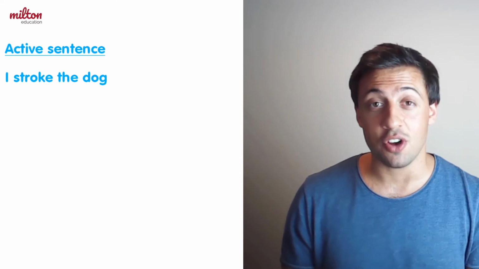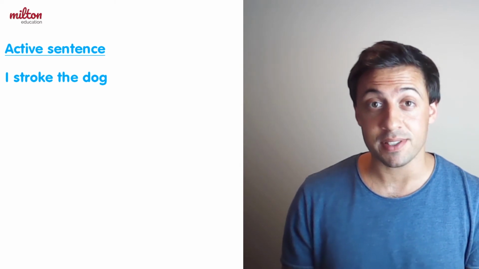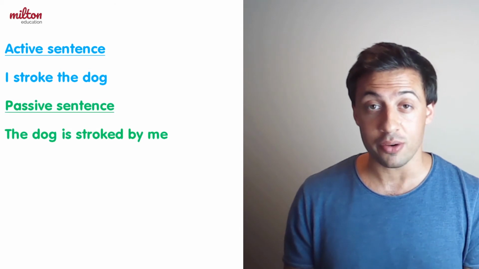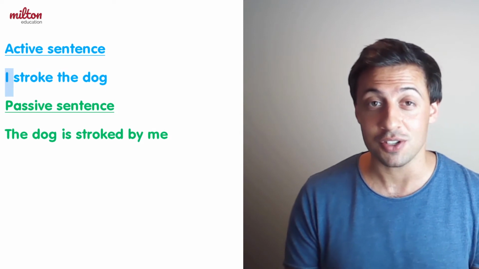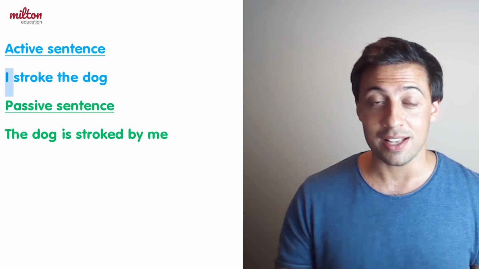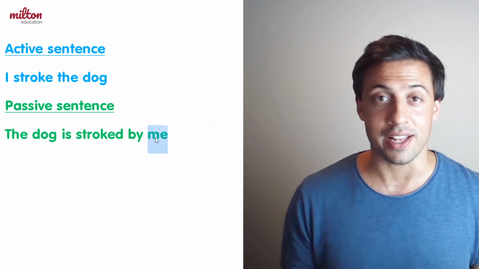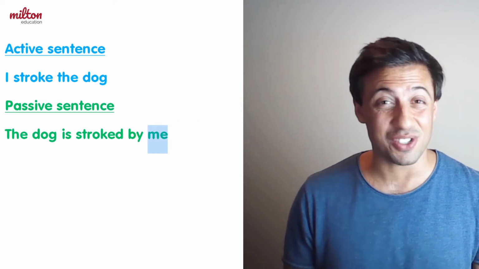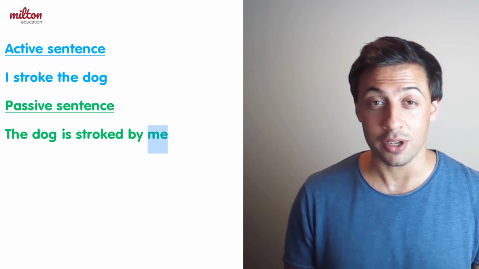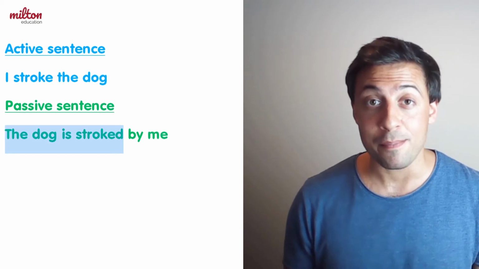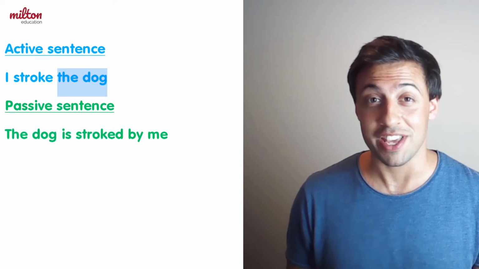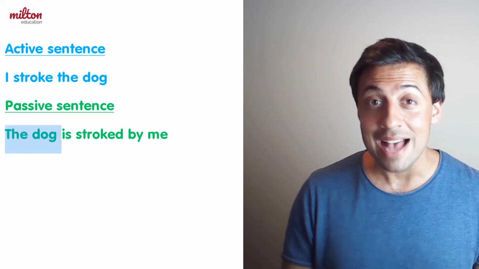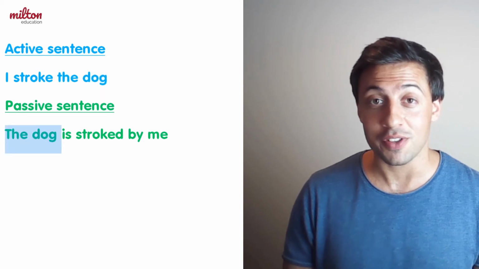Let's see how this example looks in a passive sentence. The dog is stroked by me. If we compare this to our active sentence, the subject, me, is now at the end of the sentence. Now, it is not important who strokes the dog, but instead, what happens to the dog. In the active sentence, the dog was the object. But in our passive sentence, the important part of the sentence is now the dog, so it goes at the